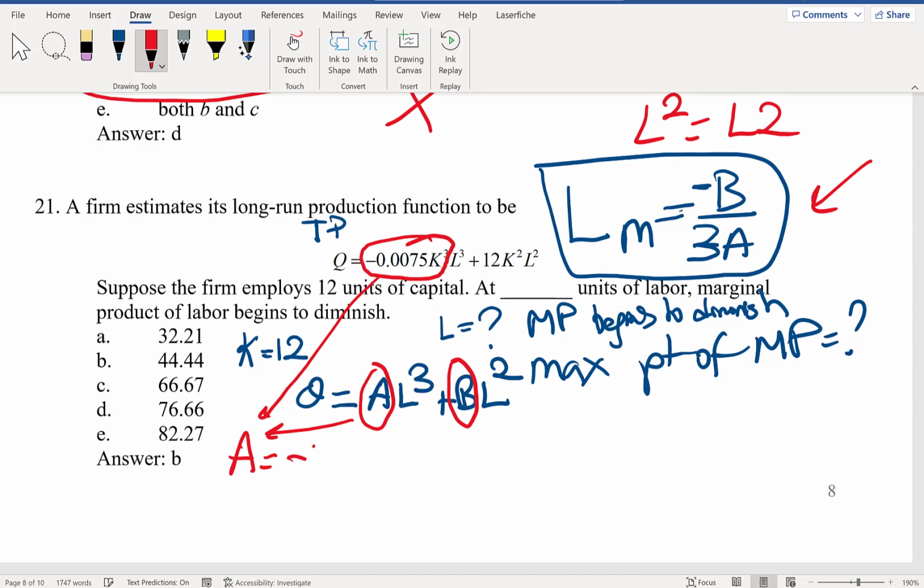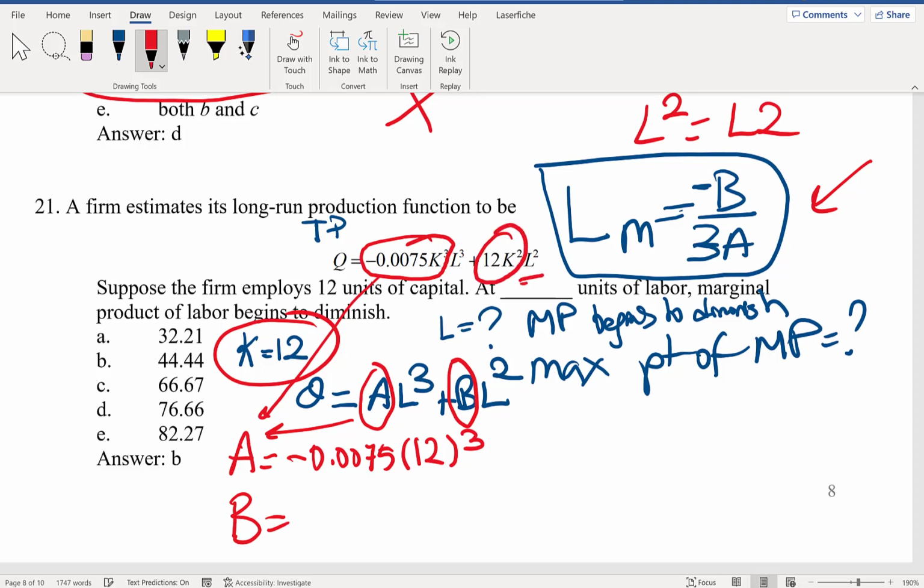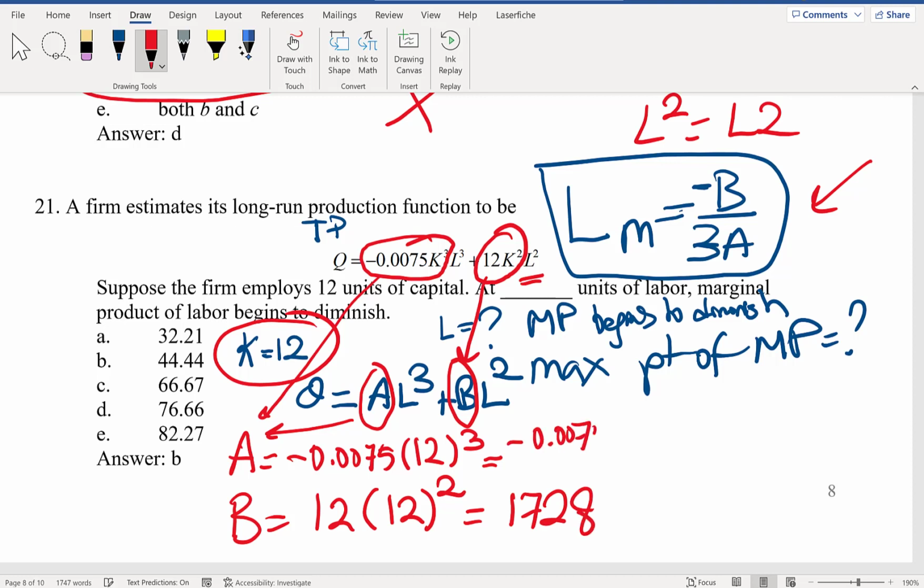Okay, so it's negative 0.0075 times k, which is given to be 12, raised to the power 3. Okay, what is b? Again, b is right here, the coefficient estimate of L raised to the power 2. So it's 12 times 12 raised to the power 2. So this is 12 times 12 times 12. It is 1728. And this one becomes negative 0.0075 times